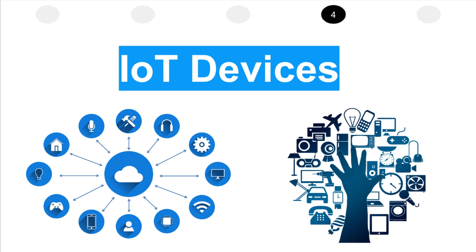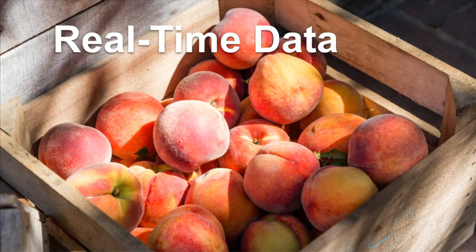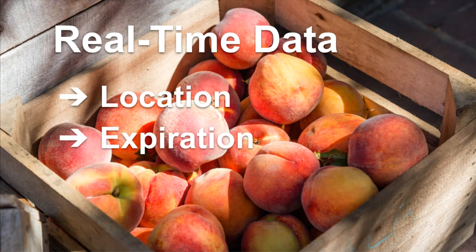But how can we apply it to our grocery store? In our supply chain for a grocery store, we need to monitor the status of shipments, like a crate filled with fruit, in this case, apples. With sensors, RFID tags, and RFID readers, we can see in real time critical information such as the exact location of the crate inside the warehouse, as well as the apple's point of origin and the days until expiration,